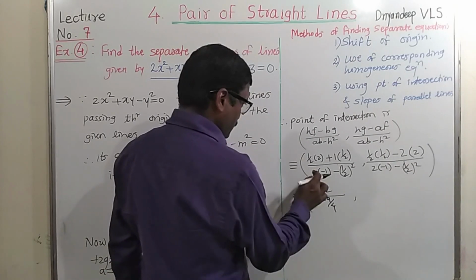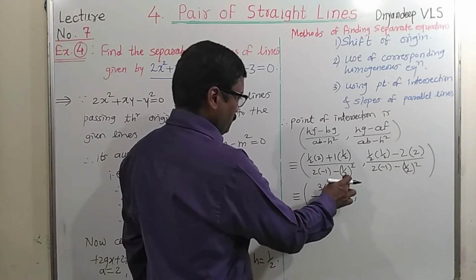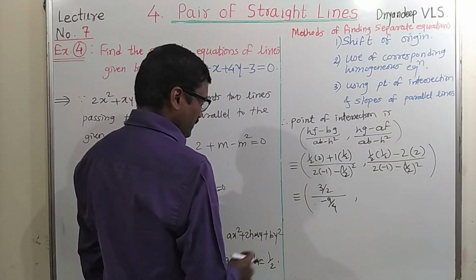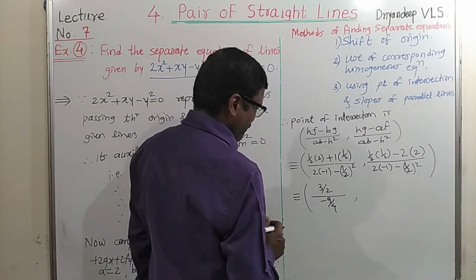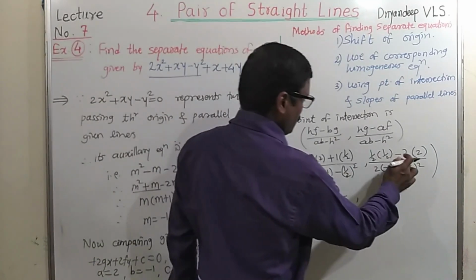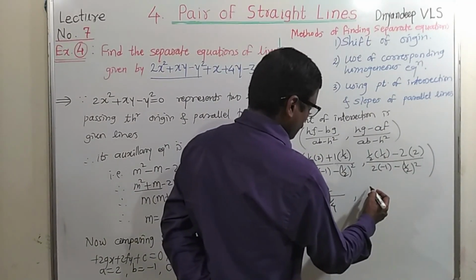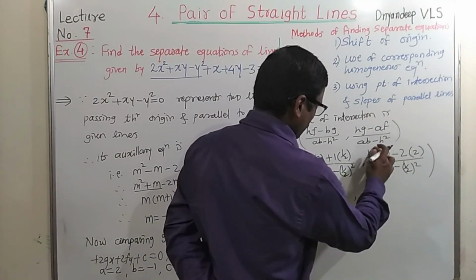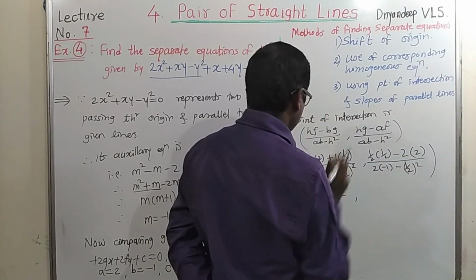Once again check, this is minus 2 and this is 1/4, so 4 minus 2, that is minus 8 minus 1, minus 9/4. Second here, 1/4 minus 4, that is 4 4 16